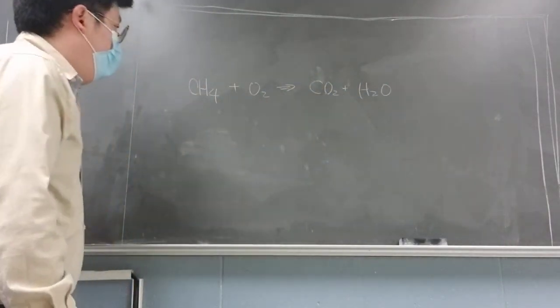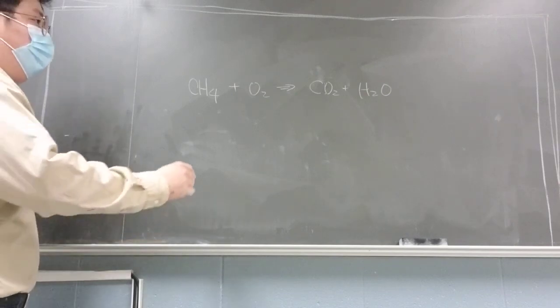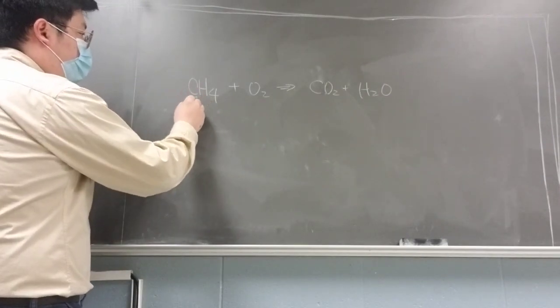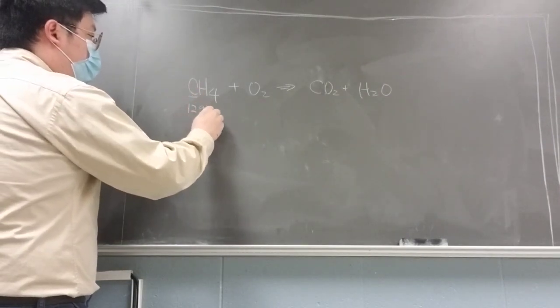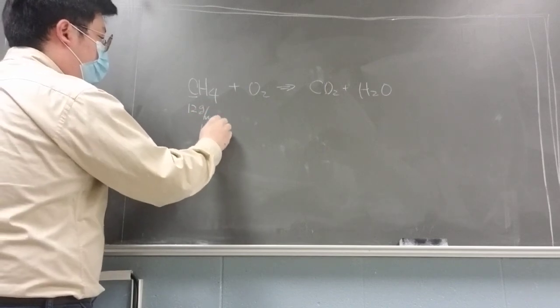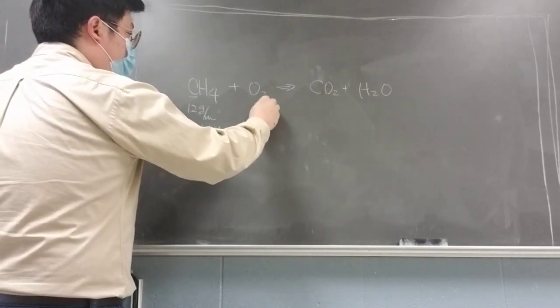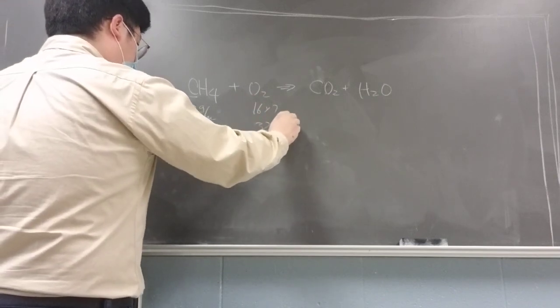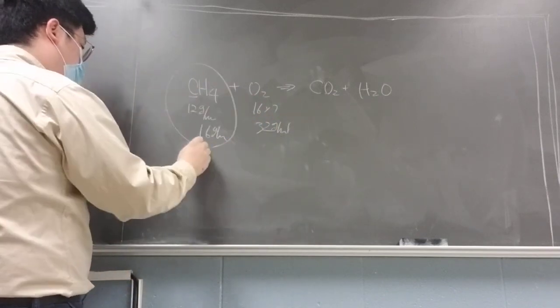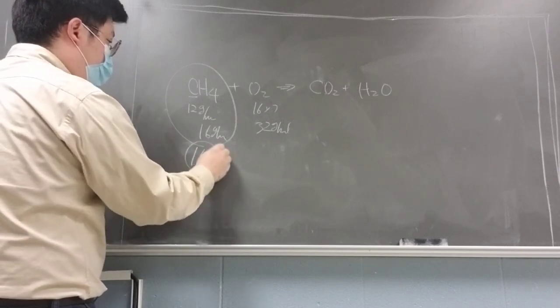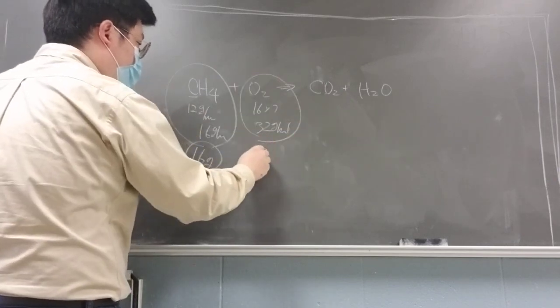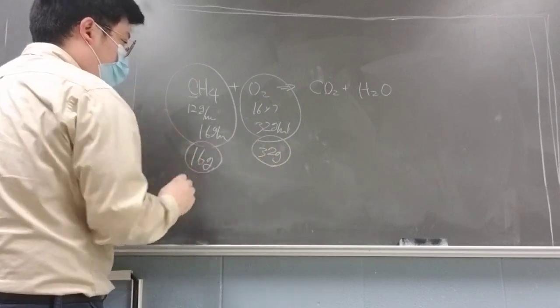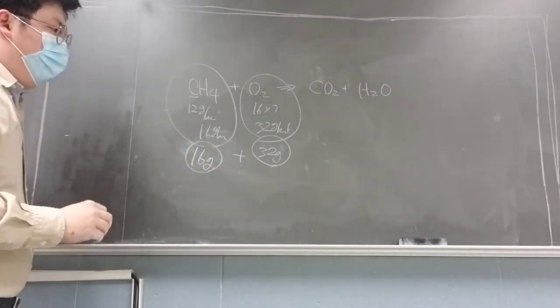Right here. And then I'll give you, so this is a carbon ion, this is 12 grams per mole. This is 16 grams per mole. And this is 16, but they're diatomic molecules, so it's 32 grams per mole. So if we have 16 grams of methane, if we have 32 grams of oxygen gas molecule, they're all going to make 100%